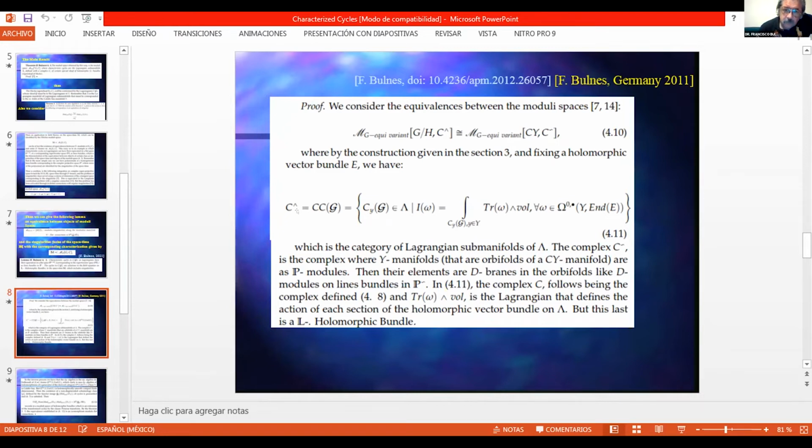and consider this manifold given by the cycles, that is to say, the Lagrangian manifolds, and use these integrals to obtain these corresponding forms used to obtain the integrals or solutions using the Penrose transform, or the generalized version of the Penrose transform, to obtain the solutions in this case, and obtain the equivalence between the L-holomorphic bundles with the